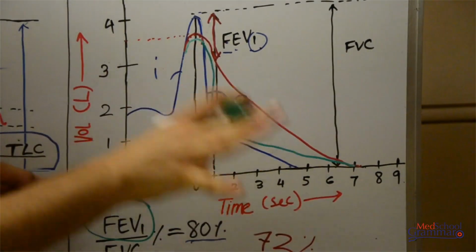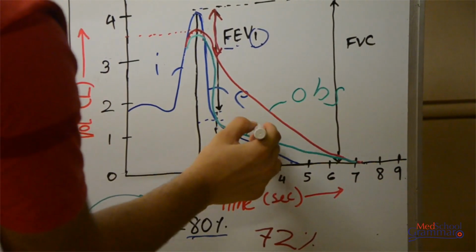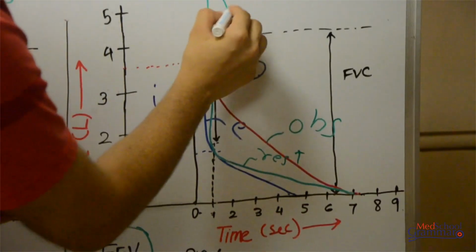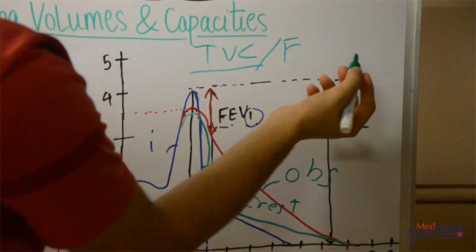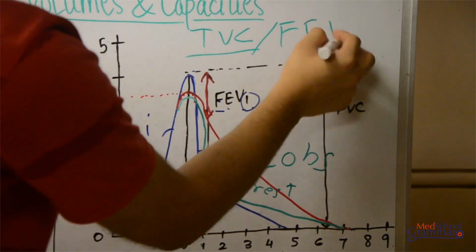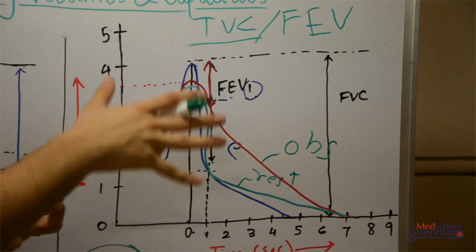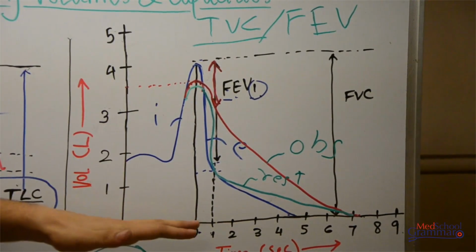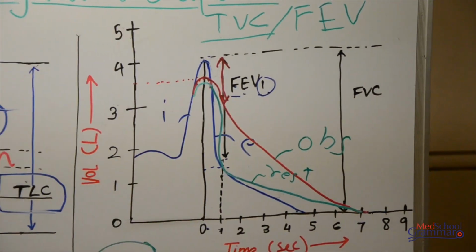So that is how you can distinguish between an obstructive and a restrictive lung disease using a timed vital capacity graph, or you can say the forced expiratory volume curve. This is something that you will have in your viva. This is a chart that is present in every viva, so make sure you understand this. And this is all about the lung volumes and capacities.